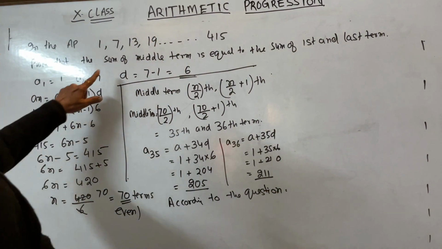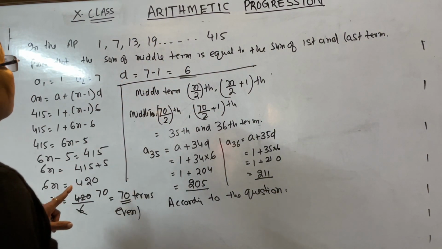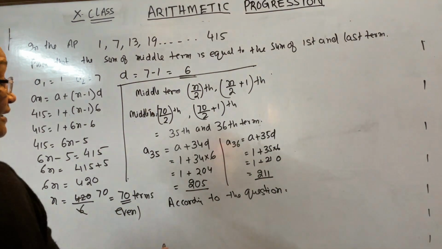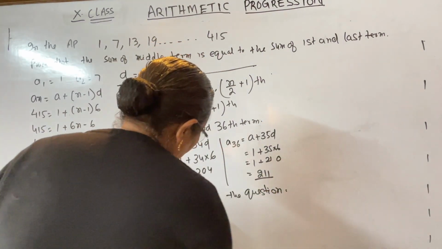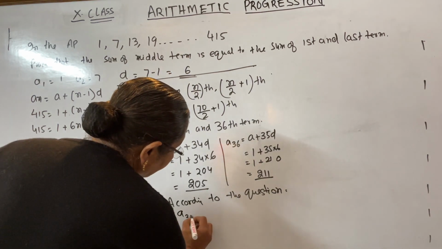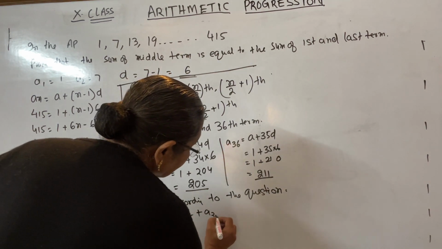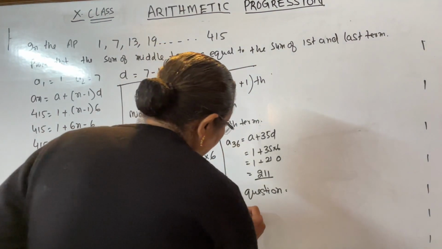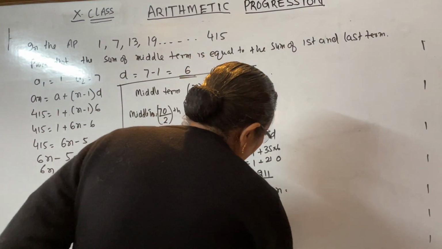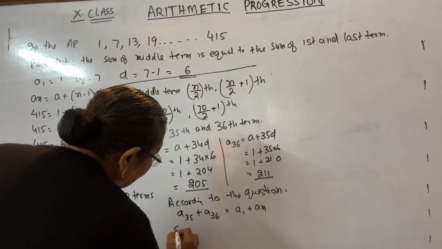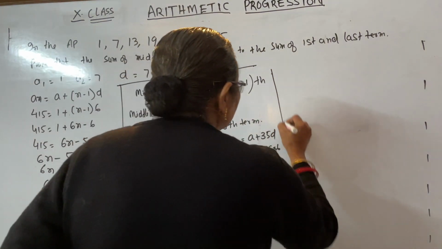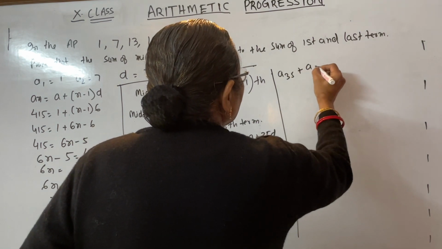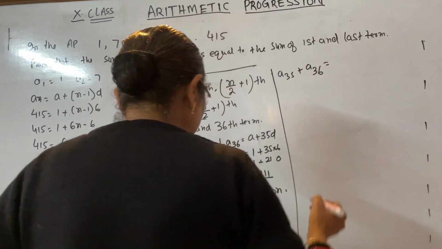He is saying prove that the sum of middle term is equal to the sum of first and last term, that means sum of middle term, a35 plus a36 should be equal to the sum of first term plus last term. So let us say a, here we can do it, a35 plus a36, sum of middle terms क्या